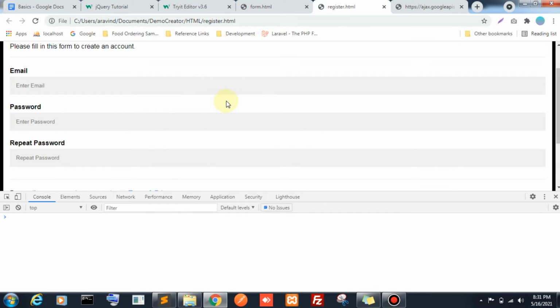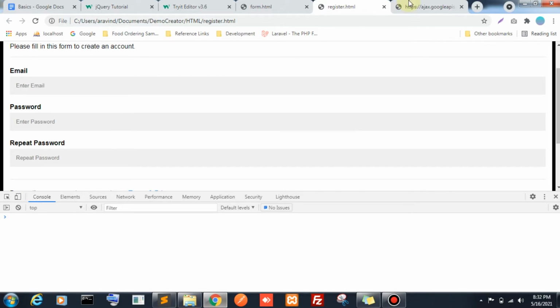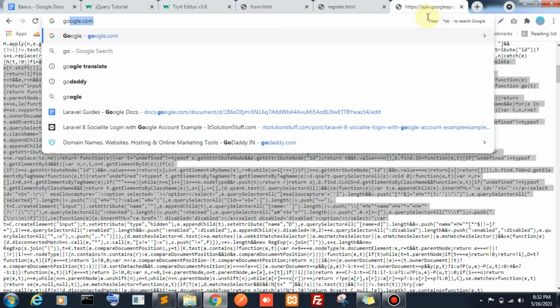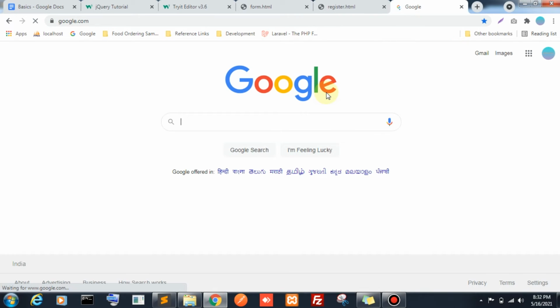Now we need to validate the email and password. How will we validate? I am going to explain this with jQuery. First we will validate the email.